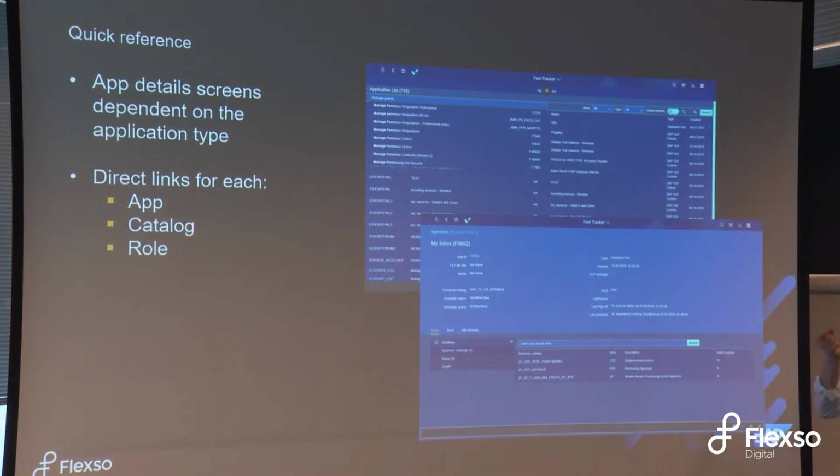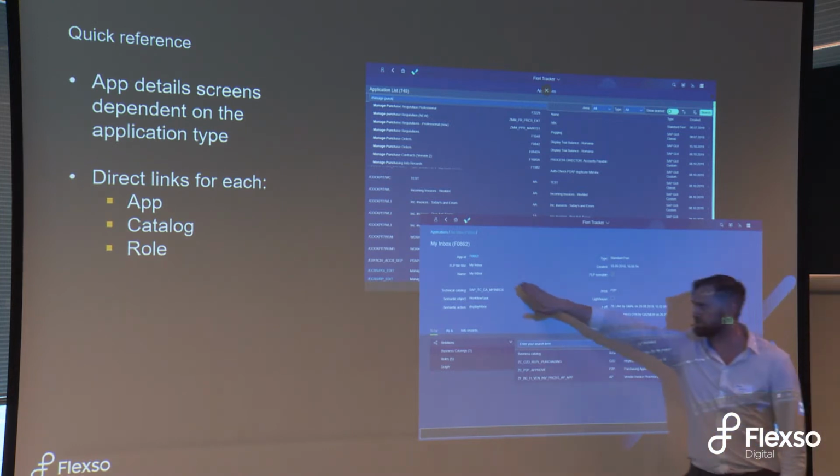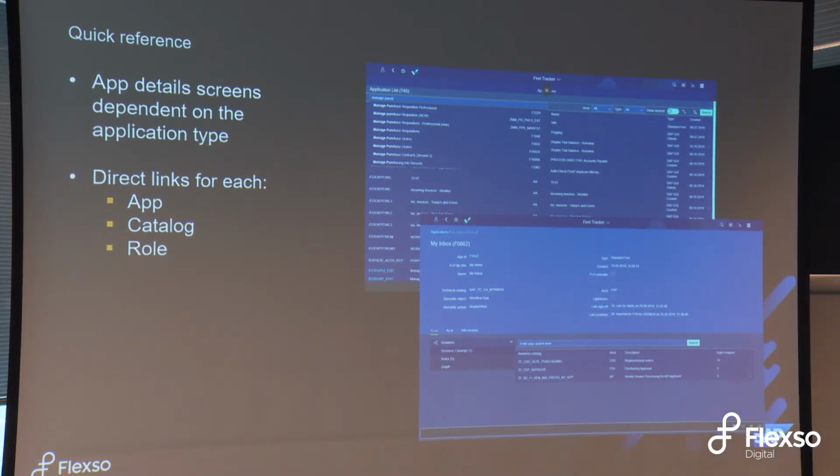Fiori Tracker takes into consideration what is the type of the application, and then this screen has certain tweaks. For example, here on this screenshot we have a standard Fiori app, so there is a link to the Fiori library, which wouldn't make sense if you had a custom app. That's basically the main thing when it comes to those apps. You wouldn't have that for other types of applications. Type specific,